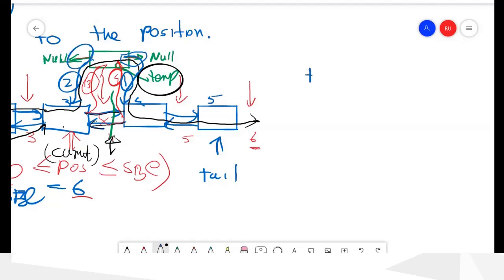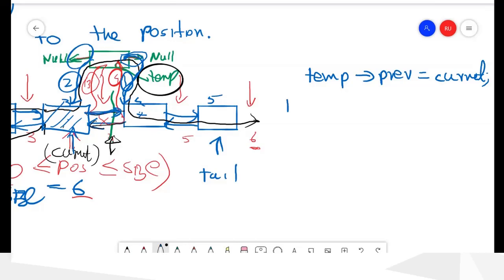So temp previous, this is the easiest one, should be equal to this node, that is current. Then this link we can change: this is current, and current next still points to this node.